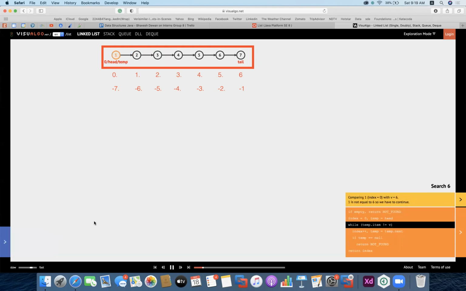So what I can do is I will go to the head, I will iterate over the list of elements, and I'm going to match it. If my search term is equal to the element available at a position in the list. I believe this is clear. Yes. So now you can see that we have been searching 6, and we found the element